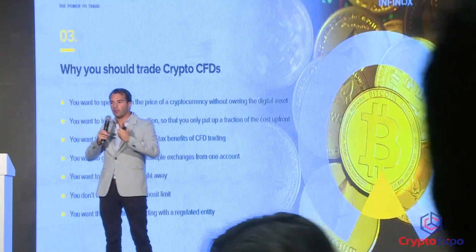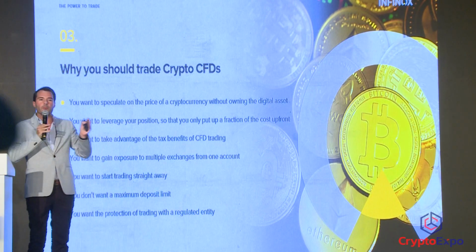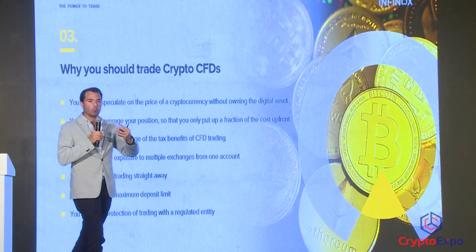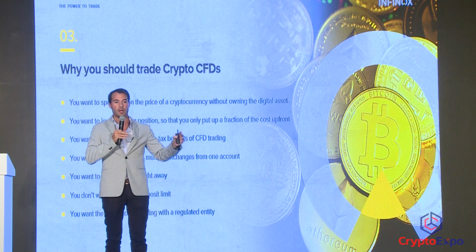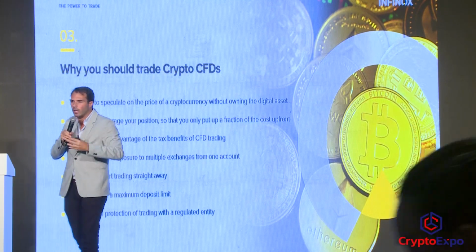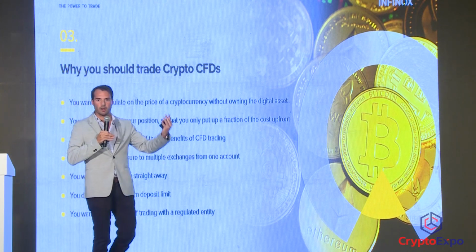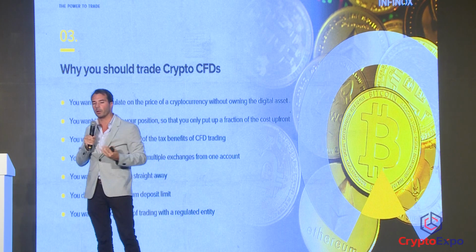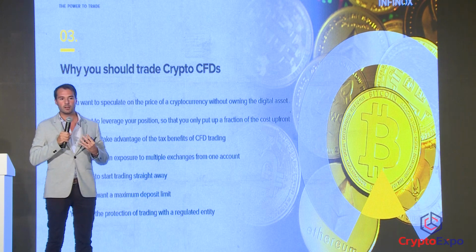This means that if I'm a beginner, or if I'm someone that wants to spread my risk across different instruments, I can use that $1,000 and spread it across different cryptocurrencies. I don't have to put all my 20k in just one instrument. So it allows more flexibility and more safety in terms of trading. Yes, we are using leverage, which has its risk, but depending on how we play with that leverage, we end up having a much better